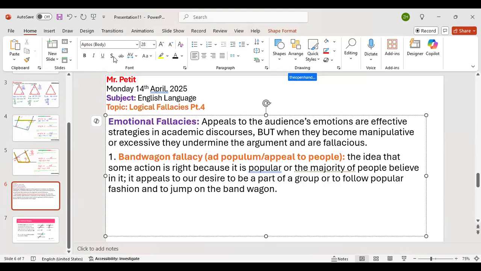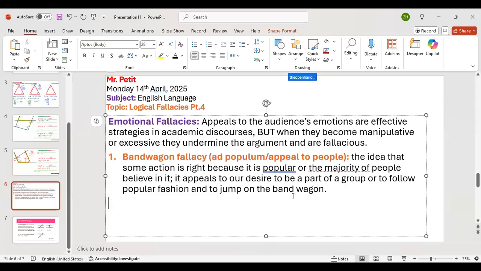Everybody's wearing Clarks, so you want Clarks. Everybody's wearing Tommy belts, so you want Tommy belts. Everybody's getting tattoos, so you want a tattoo. Everybody wears skinny jeans, so you all want to wear skinny jeans. Bandwagon fallacy. Be different. When you're different, you get the answer right.